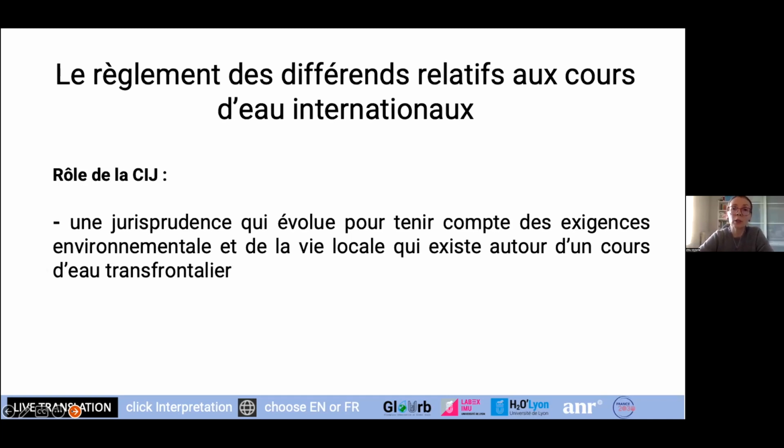So concerning the settlement of different disputes of international water courses, the role of the ICJ is very important because this jurisdiction has case law, very solid case law when it comes to international water courses. There are different environmental requirements that are taken into account. So it's something that's evolved over the course of time in order to take into account this aspect and also to take into account local life, because you have local life along cross-border water courses. So it has to take into account the life of indigenous peoples